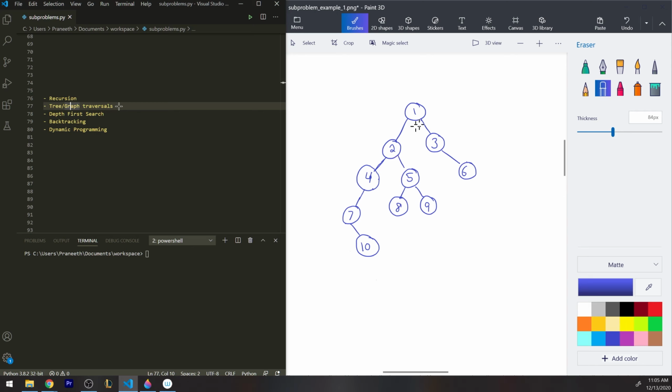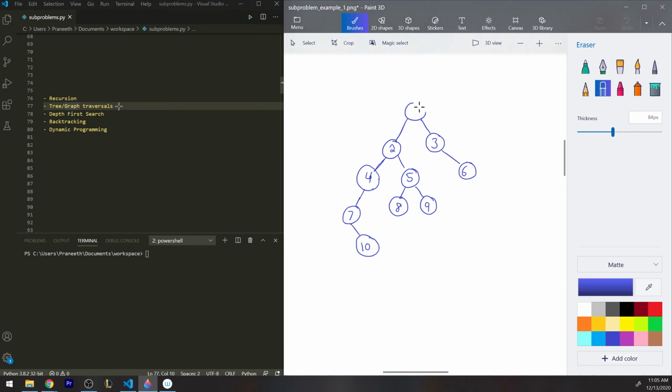Each node contains 3 attributes. The first is the actual value of the node itself. So like in this case, it's 1. The 1 has a left child of 2 and a right child of 3. Sometimes at the bottom here, the 7 is going to point to none as its left child and 10 as its right child. And all the leaves, 10, 8, 9, and 6, all have both their left and right pointing to none. If you're using Java or pretty much any other language, none is the same as null, but I'm